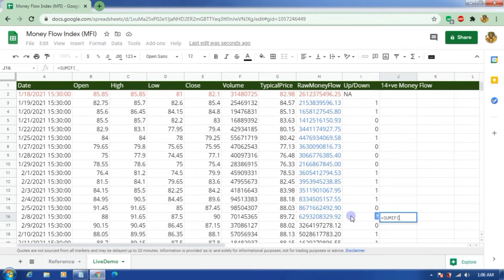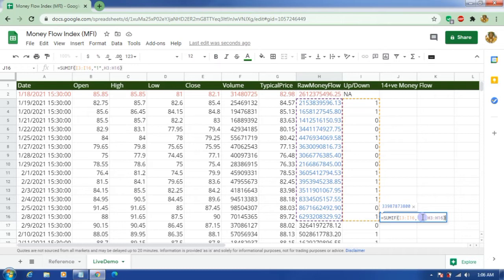What is the validation range? This is the validation range. And what is the criteria? Consider only where the value is 1, you can put it in quotes. And finally, what do you want to sum up? I want to sum up all these ranges. Sum all of this range, considering only where the up or down range has the value 1.